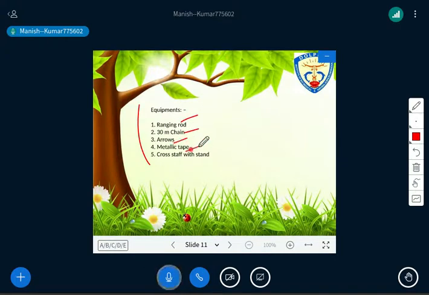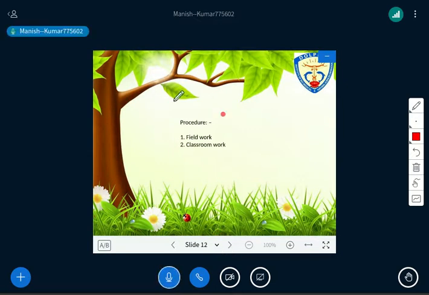You can take a metallic tape of 30 meters also, and we have a cross staff with stand, right? So these are the equipment required for conducting a cross staff survey. And then this is the procedure. There are two procedures we have. First we have to do the field work, then we have the classroom work. So let me first discuss with you the field work,